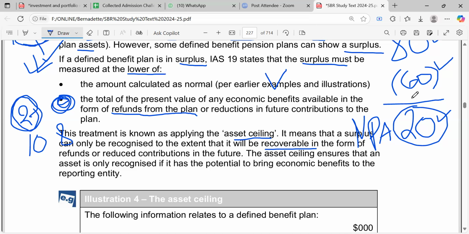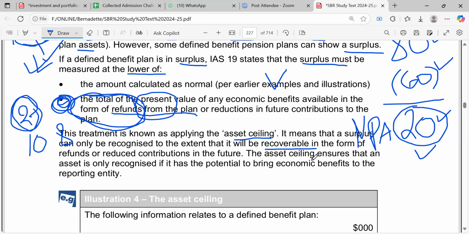You can see this 20, you can count it as the carrying amount, but only recover what you can recover, right? And impairment is only present when you can recover less than what is in the books, right? That's why only when the figure in the second point is lower, it means there is an impairment, then you have to reduce it, right? So treat it as if you are dealing with impairment and it will be the simplest thing in the world, right? So it will be recoverable in the form of refunds or reduced contributions in the future.